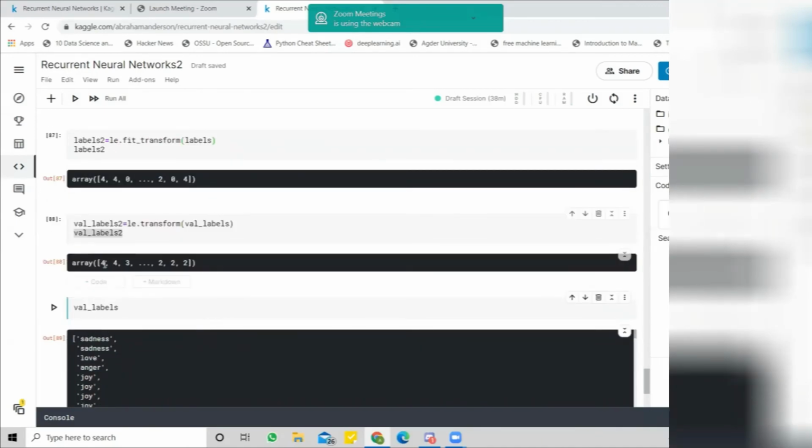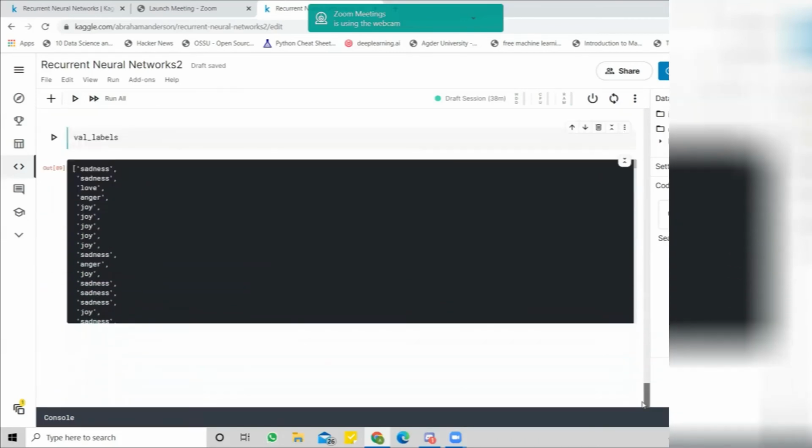As you can see, 4, I'm sorry, 4, 4, and 3. So love has been labeled as 3. And anger is coming next, but we cannot see it now. It's a very long NumPy array, maybe more than thousands of labels.